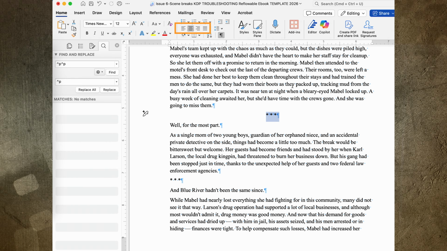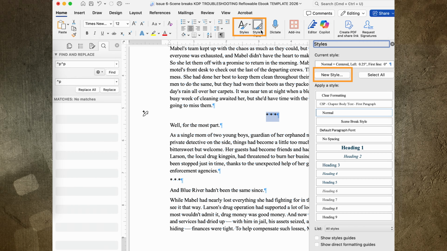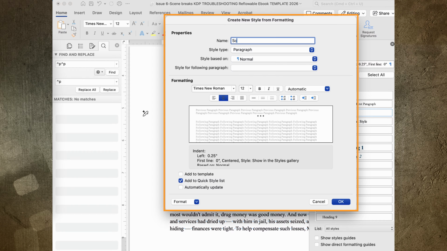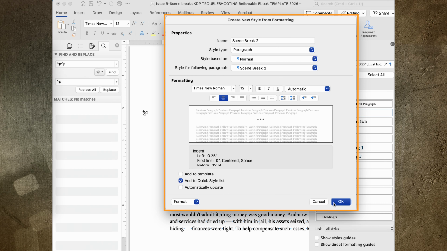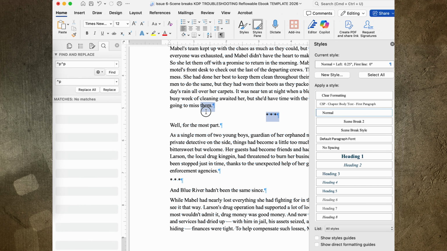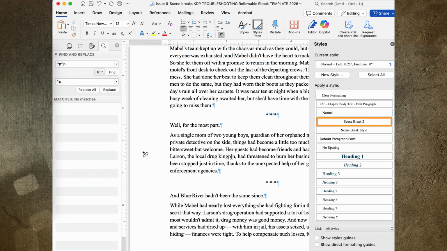So now here, I'm going to create my own style. So new style, scene break 2. And I'm going to go to format paragraph. And I'm going to make sure there's no indent, no special indent there. Now you can choose to have spacing if you want, and you certainly can. And this will be how it looks. And that gives you a little bit of extra padding between, and you can do a little bit more or less than you want. And then this is very simply clicking the scene break,